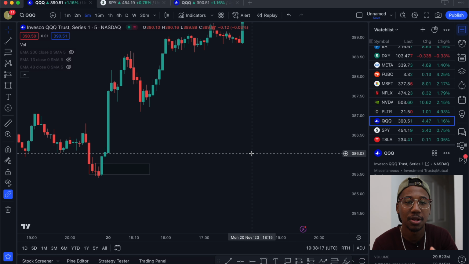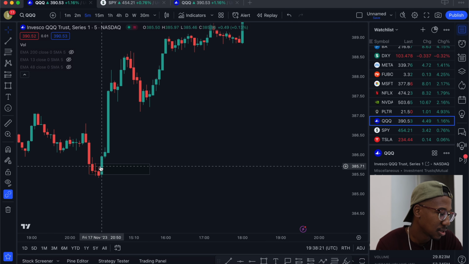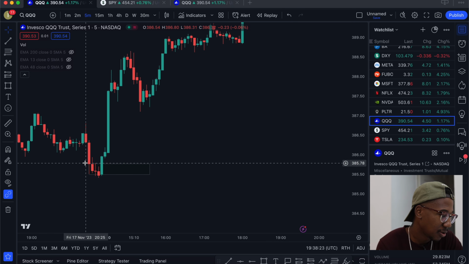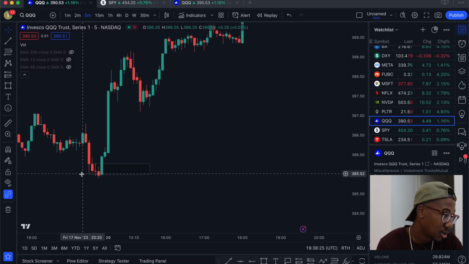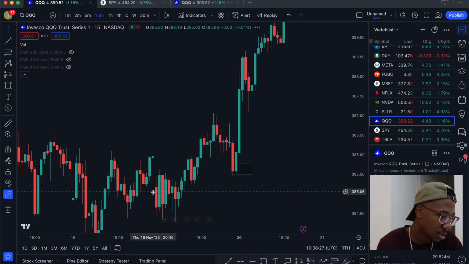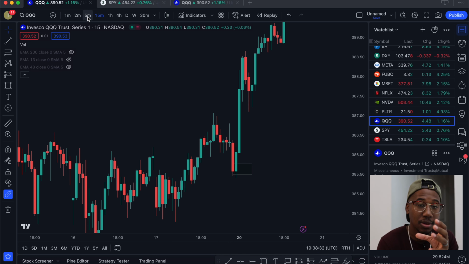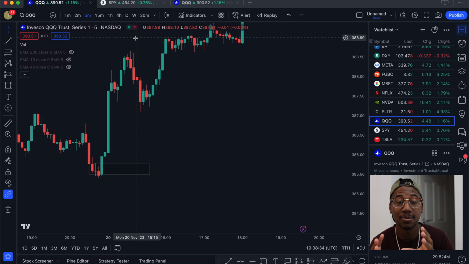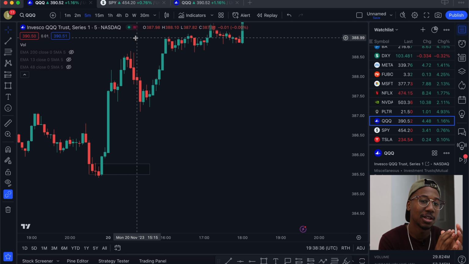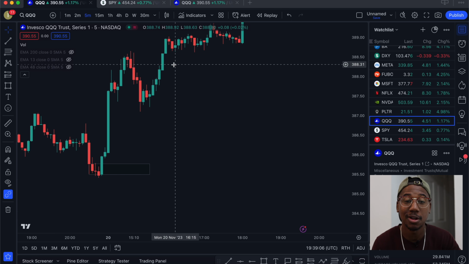And just so you know, liquidity sweeps happen on all different time frames. So for instance, this is what it looks like on the 5 minute. You can see there's liquidity here, but if we jump up to the 15, it looks a little bit different. So just know that on all the larger time frames, they have something going on within them as well. Whatever time frame you're trading on kind of determines how long the trade is going to last.